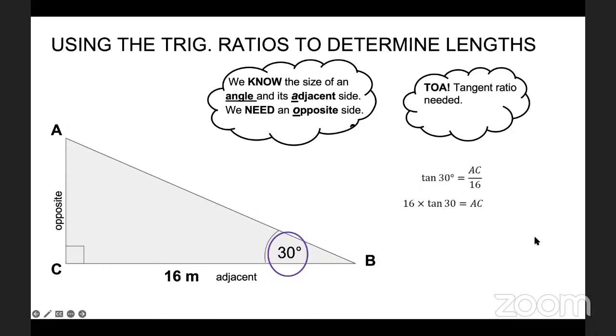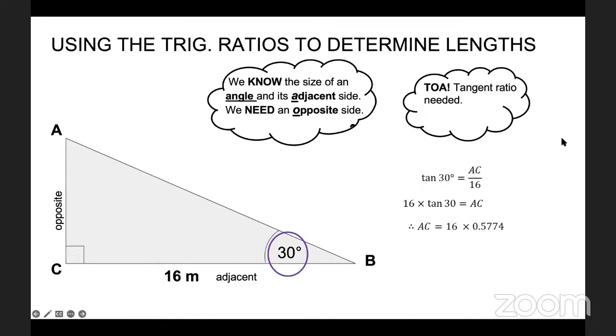All right, so here we are. We would have transposed AC is equal to 16 multiplied, 16, what unit are we using? 16 meters multiplied by the tangent of angle 30. Let us continue. So we'd find the value for tangent 30 to be